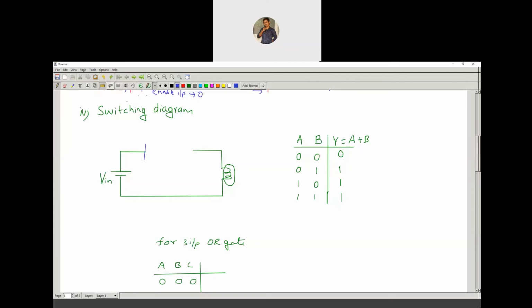So when switches are in parallel, it is enough to turn on one switch. You need not turn on both switches. So the switches A, B are in parallel. Switching diagram.